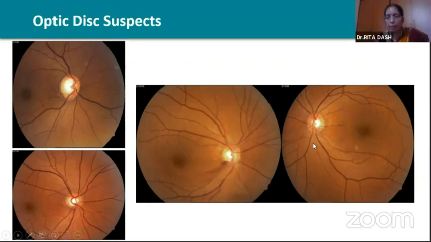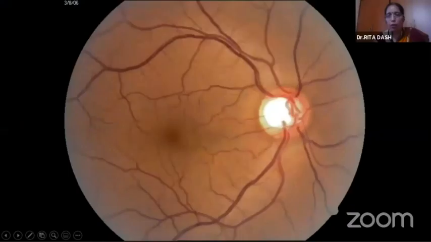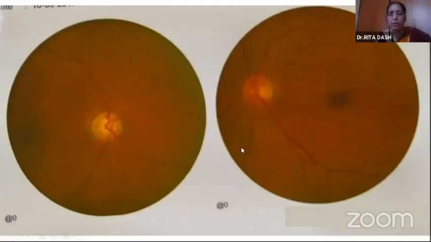What I want to emphasize is, if you examine one eye, then there will be confusion whether to treat or not. But when we examine both the eyes, there is a point in treating both the eyes. So always examine both the eyes, not only one eye. And this case we are following for 15 years. This is a large optic disc with a diffuse thinning with a big cup. Seeing this patient, someone has started anti-glaucoma medication, but when we followed this case for 15 years, there is no change in the structural and functional state.